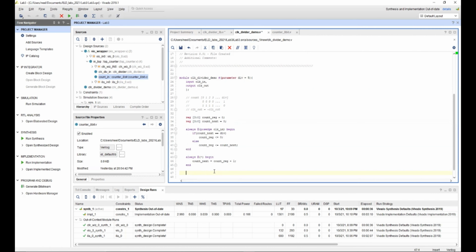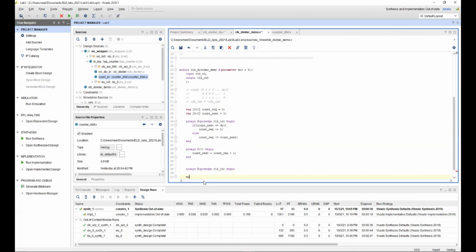Now we need to implement the way we change the value of clock out, so we need to implement this expression. Again, this expression will only change whenever the count value reaches div, and this will only happen when the positive edge of clock in gets initiated. So here we will be giving posedge clock.